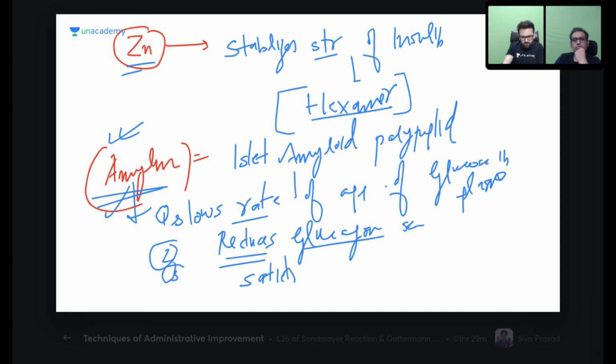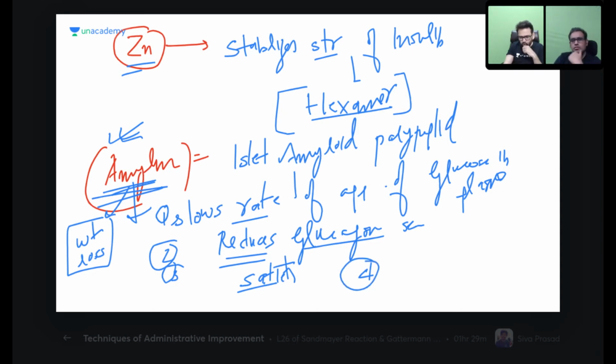So this drug also causes weight loss. It is one of the few drugs in diabetic management that can cause weight loss. Otherwise, most of the drugs in diabetes increase the weight. Only a few drugs cause weight loss, and amylin does so because of satiety. You will take lesser food. Okay. What else?